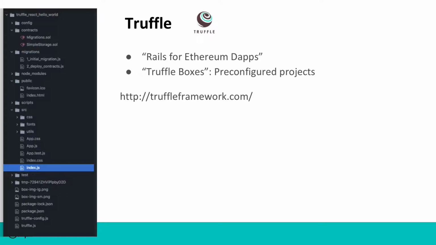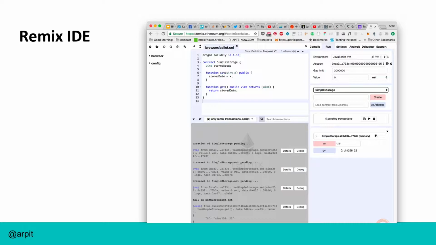For the more technical here, you can see some top-level folders. You have your contracts, which is basically the code that you're going to run on the blockchain, and then migrations, which basically is a record of when you deploy your contract to the blockchain. And then everything else here is your front-end code. So that's Truffle framework in a box.